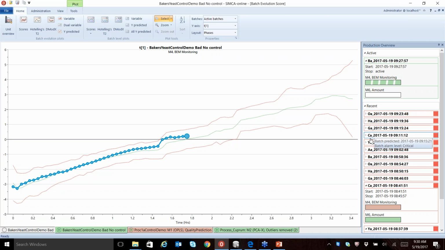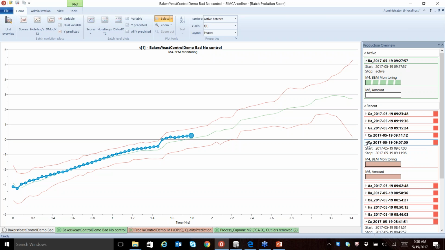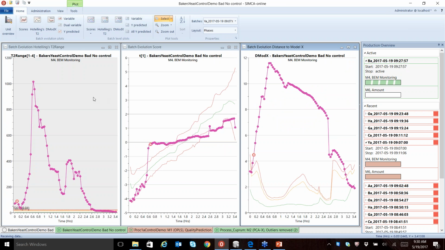And we can go in and click on any one of the historical batches. For example, I can go in here to this batch, which I see was red. I can double click on this red color, which is going to bring me into that particular batch that ran. And here we can see that this batch had a very strong deviation, both in the Hotelling T2 range and the first score, as well as in the DModX. And then from there, you can